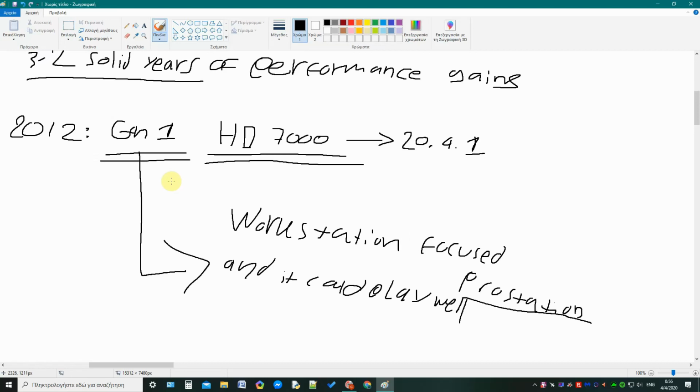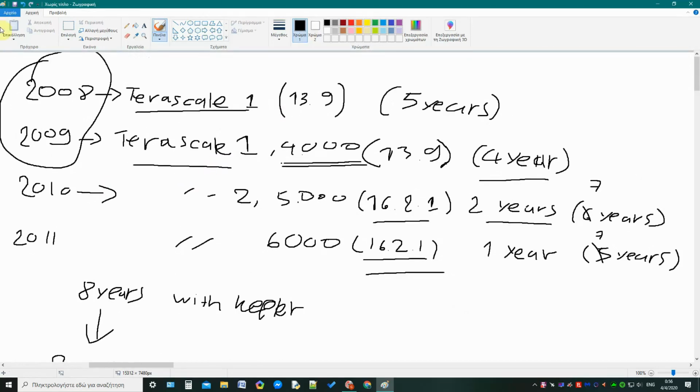We haven't seen true RDNA yet. We will, I think, with RDNA 2.0. But until then, guys,